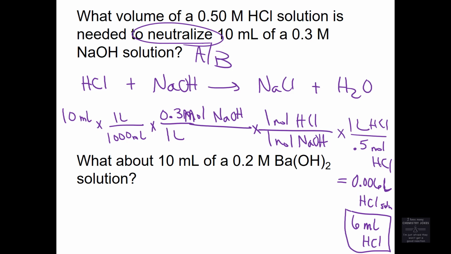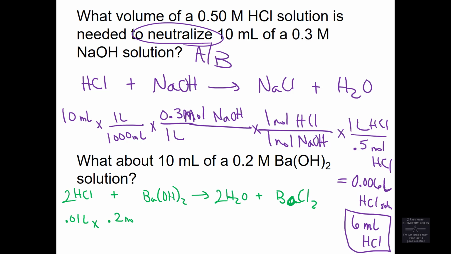What about 10 milliliters of 0.2 molar barium hydroxide? My reaction here is going to be HCl plus barium hydroxide yields water and barium chloride. 2 chlorides for every 1 barium, which means you need 2 HCl's to create 2 waters to make that thing balanced. So instead of starting here with milliliters, I'm going to go ahead and say 0.01 liters of 0.2 moles